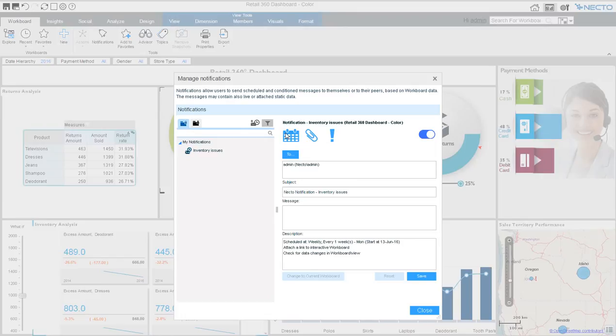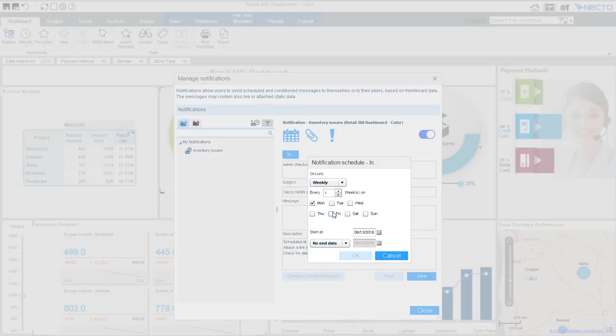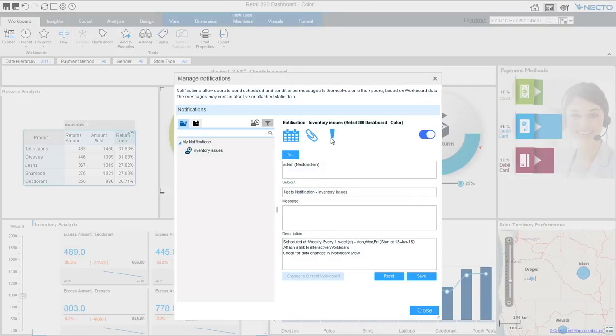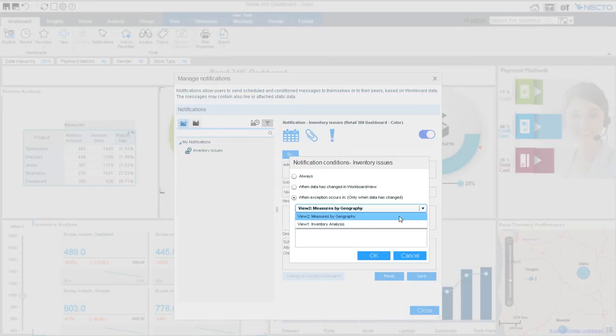I will have it send a notification on Mondays, Wednesdays, and Fridays if the inventory analysis has found that stock is below what we have defined to be acceptable,